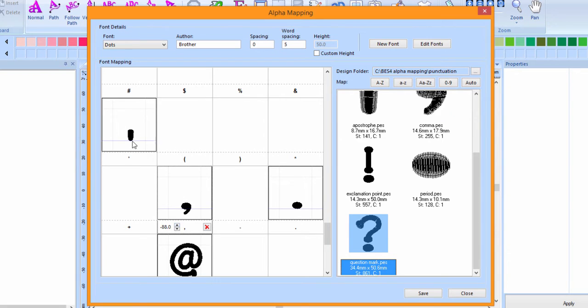The apostrophe needs to be adjusted to where it goes above the top baseline. So you want it to split about halfway on the top baseline. Once the alpha map is done, press Save